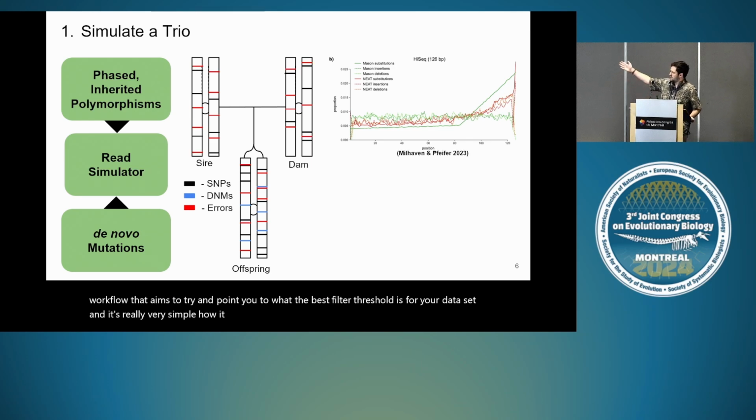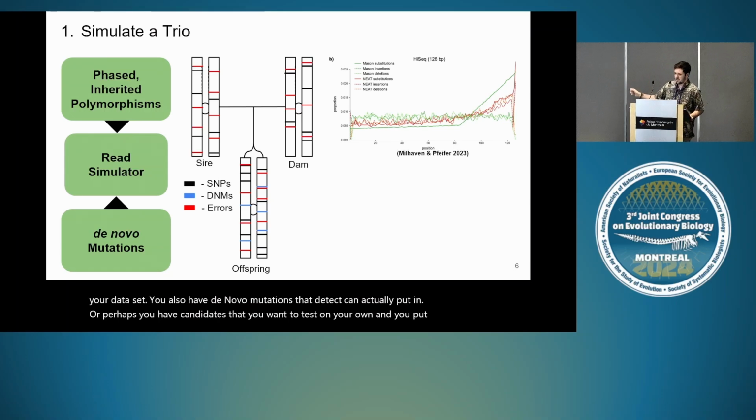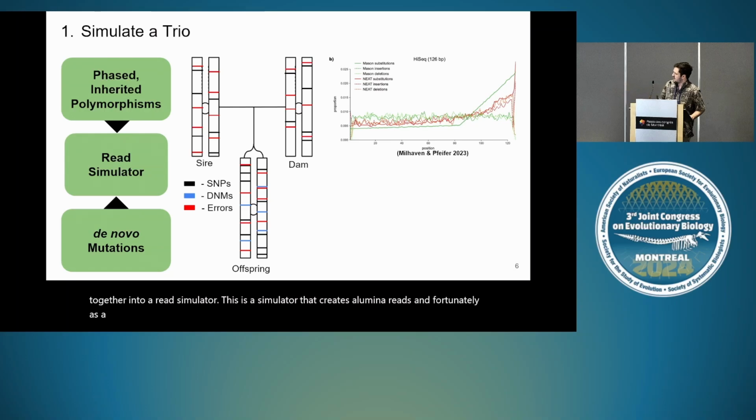Let's say in your data set you have a large curated set of variants that you want to input as false positives into your data set. You also have de novo mutations that DETECT can put in automatically, or perhaps you have candidates that you want to test on your own. And you put them together into a read simulator. This is a simulator that creates Illumina reads. And fortunately, as a result of the read simulator, it also inputs things like sequencing errors at a rate that is realistic to